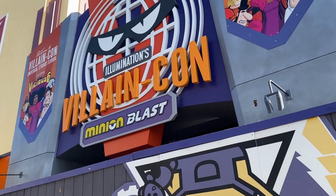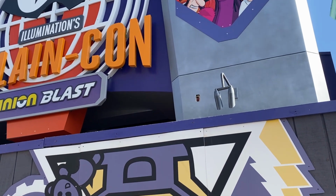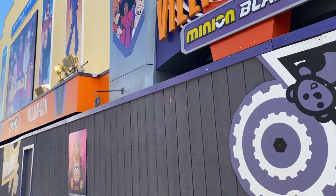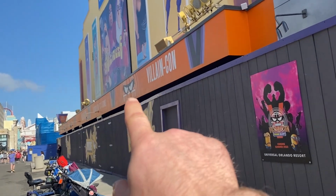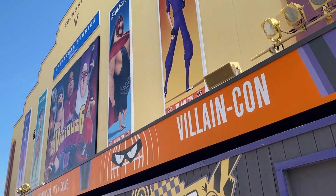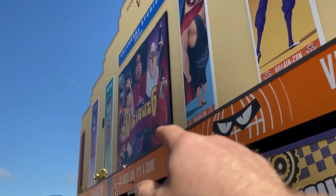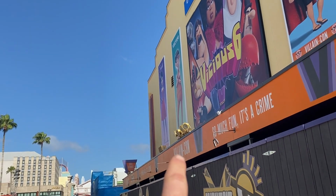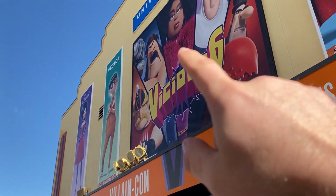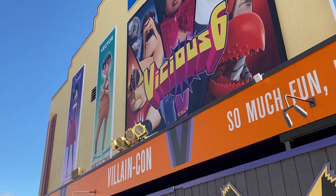Alright, so update on Illuminations VillainCon Minion Blast. The only real thing that I still haven't seen that's been finished yet is this little outlet junction box right there. Going down the side, they've added the little VillainCon paintwork there, but they have finished. We got Brat, El Macho, Miss Scarlet that I pointed out a few weeks ago. We've got Vector up there now, and then we've got up top Universal Studios welcomes the Vicious Six sign,